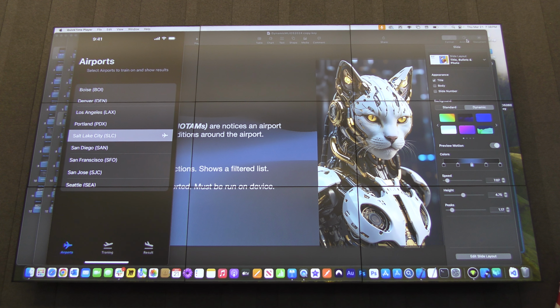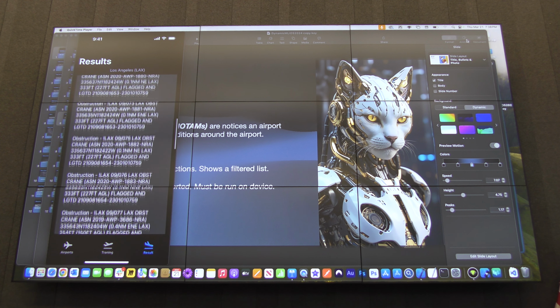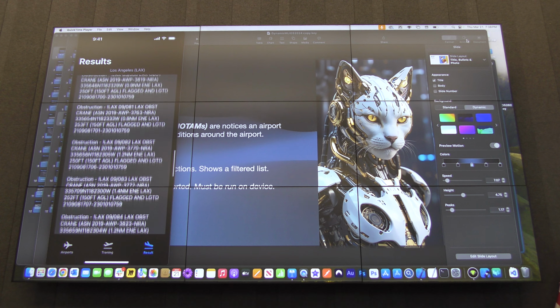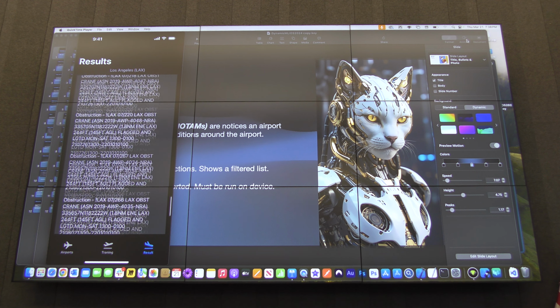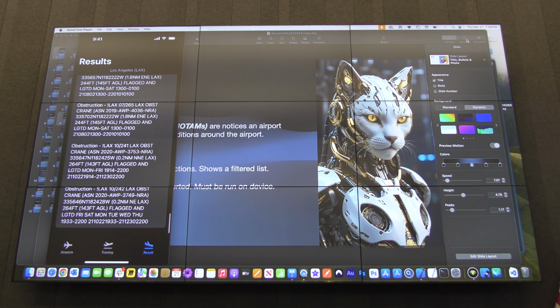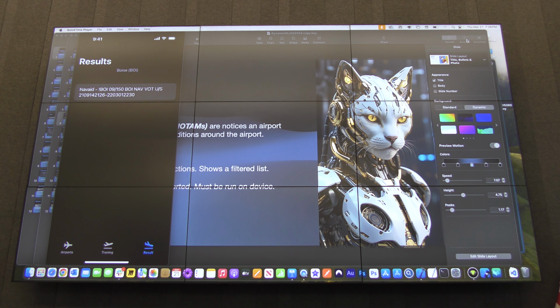Now that we have our model loaded up in memory and it's ready to go, I could check out LAX and just go to the filtered results, which is using the results from our model, and it's showing me only obstructions. Do we have a nav aid in here for fun? I didn't check. Lots of obstructions. Man, don't go to LA. All right, let's pick something else. There we go. And there's a nav aid. So that's our